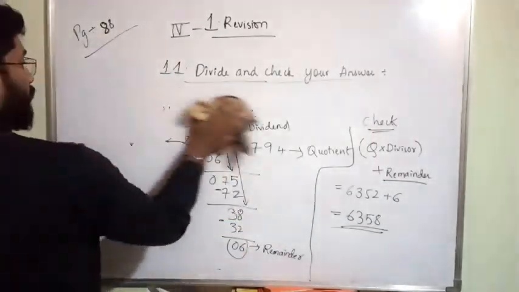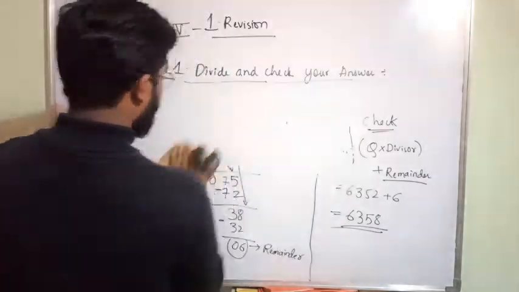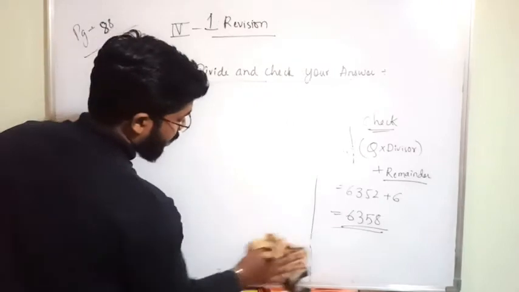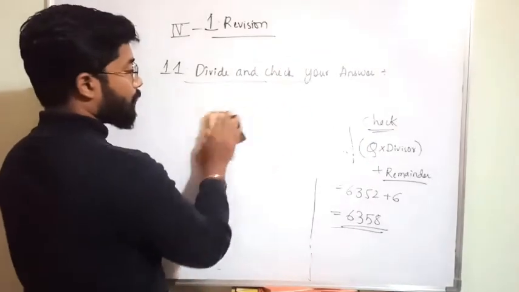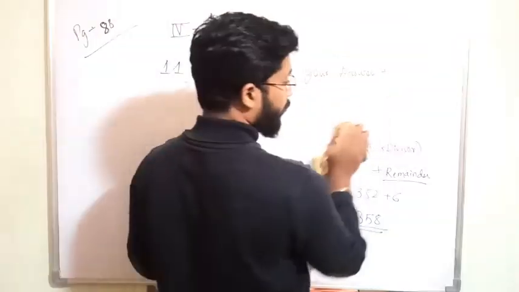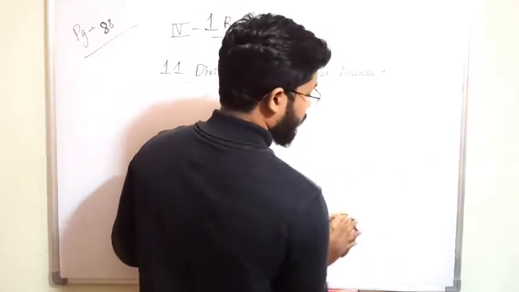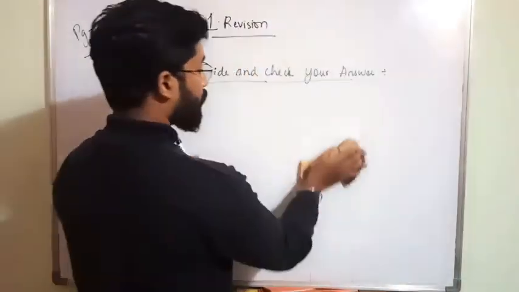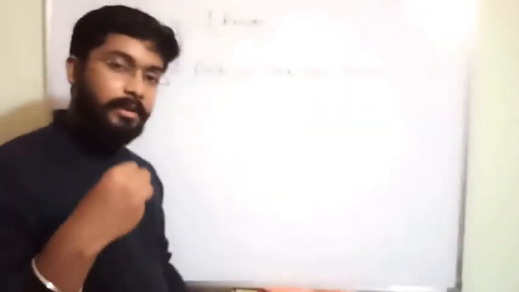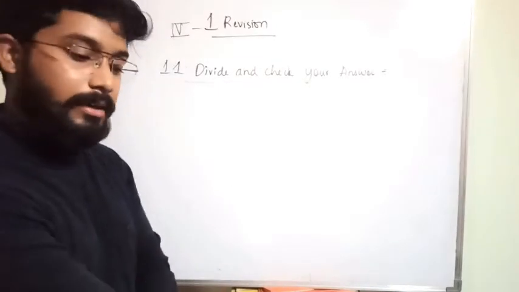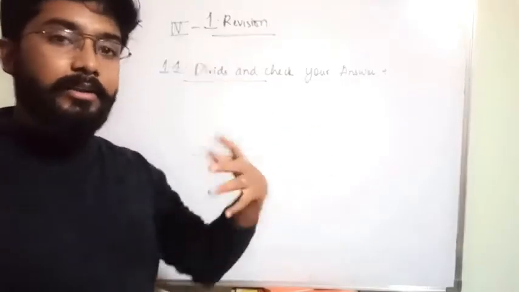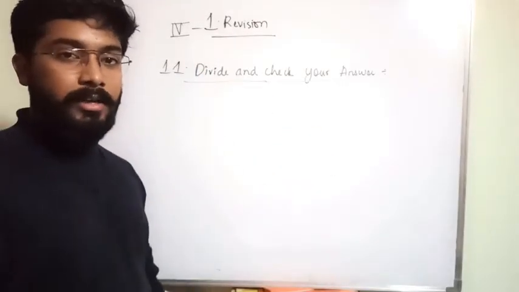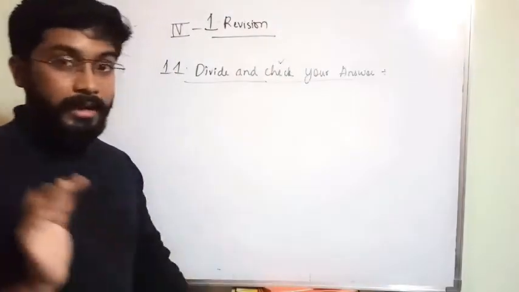So like that you have to check for each and every question they give. Okay. If they don't give, check once anyway, check your answer, because in mathematics there is scope for committing mistakes easily. So if you check, you will not lose marks. If it is wrong, you can do it once again. The advantage of checking is, if it is wrong, you can do it once again and you will get correct marks. You will get more marks. If you did it once and didn't check, it may go wrong and you will lose marks. Okay. That's why you have to check the answers carefully in mathematics.